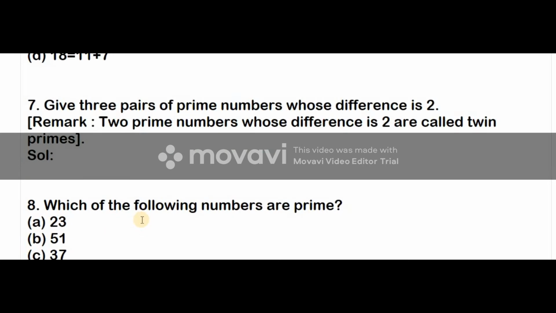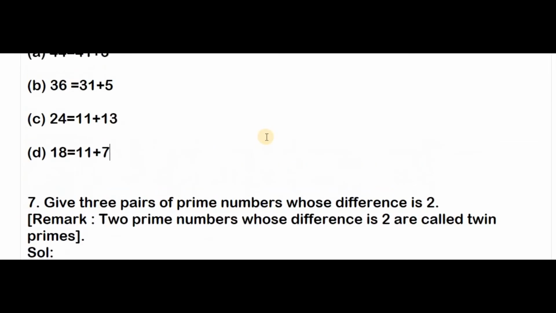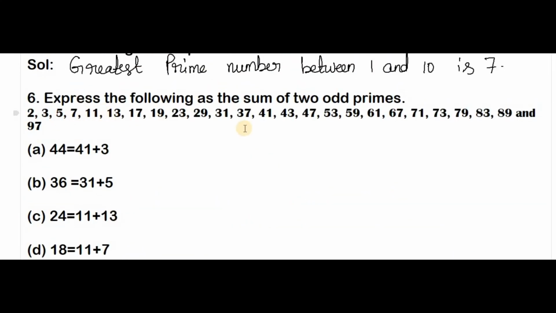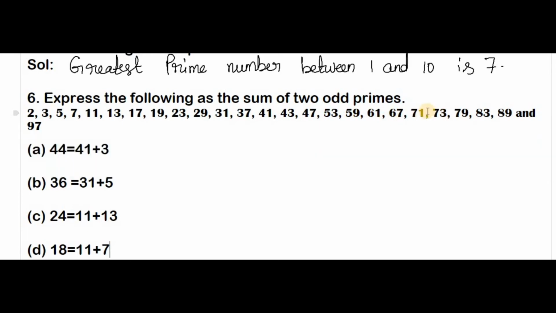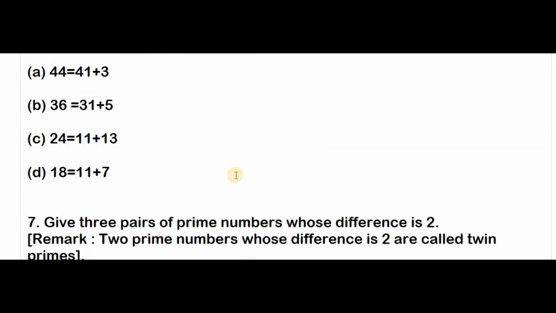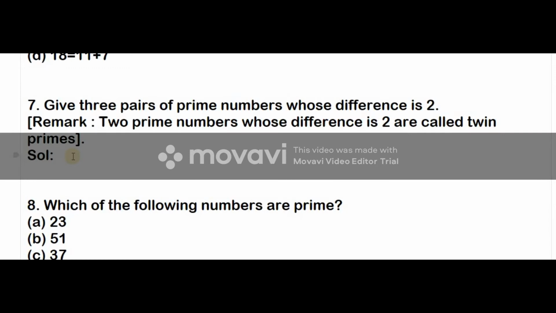Give 3 pairs of prime numbers whose difference is 2. Two prime numbers whose difference is 2 are called twin primes. So here we already have a prime numbers list, and in this, those whose difference is 2 are 5, 7, 11, 13, 17, 19, 29, 31, 41, 43, 59, 61, 71, 73. So we are going to write all that. What twin primes are is nothing but if the difference of two prime numbers is 2, then we can say those numbers are twin primes. So the twin primes are